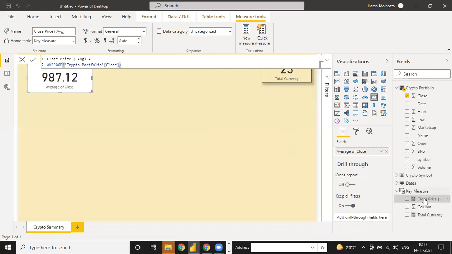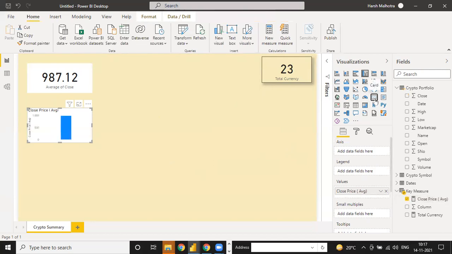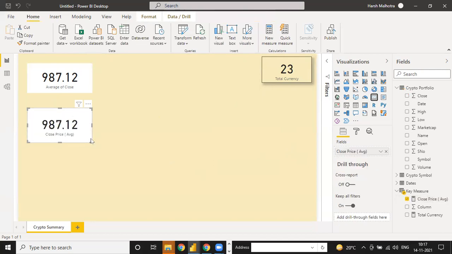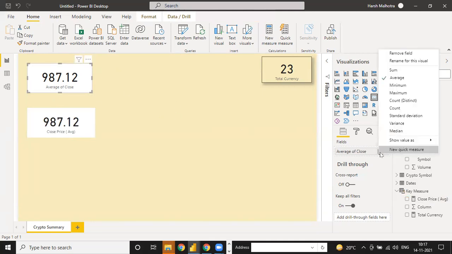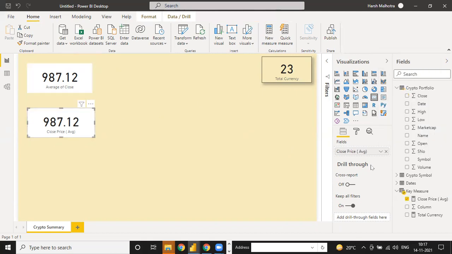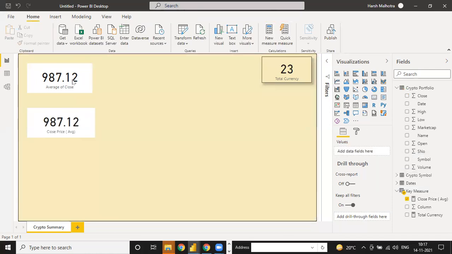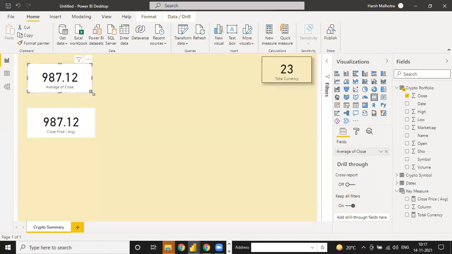Select this card and see the value is the same, but the function is different. If you select this price, you can change different things, but if you select this other price, you cannot change. So this function is reusable, but this is not reusable.